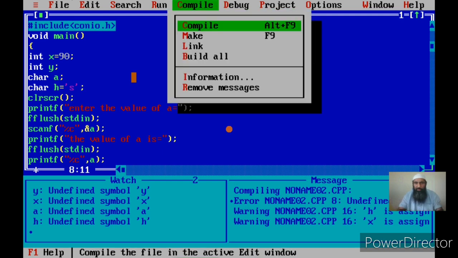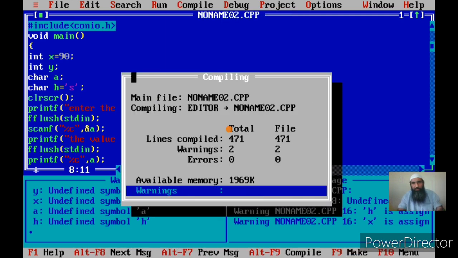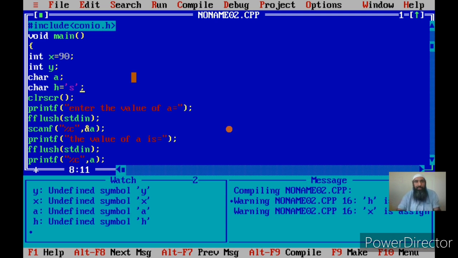Alt C, you can compile, see no error is there. If you don't put the character constant within single quotes, the compiler will give an error. So you have to remember that whenever you want to initialize character constants at the point of declaration, you have to give them within single quotes, and whenever you give integer or decimal constants, you need not put them into single quotes. Now a decimal constant can have 2 digits, but a character variable can store only a single character. Let me try to store 2 characters in this, or 3 characters. Let us see what it says.